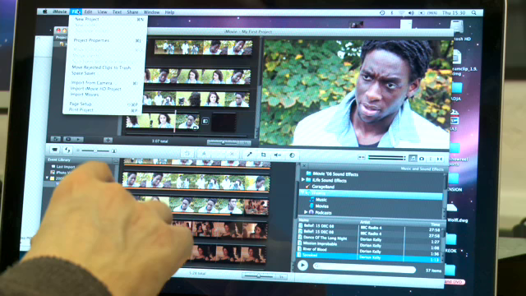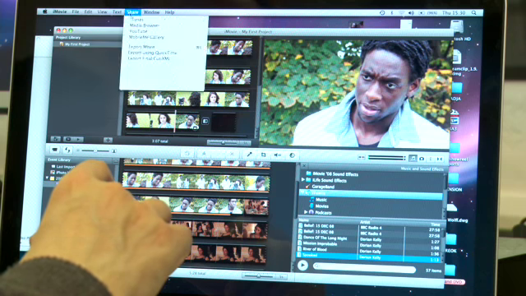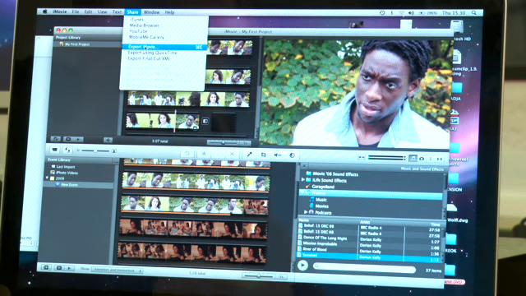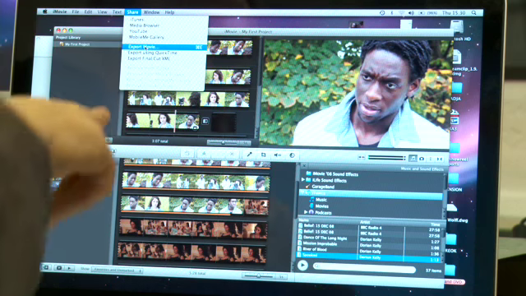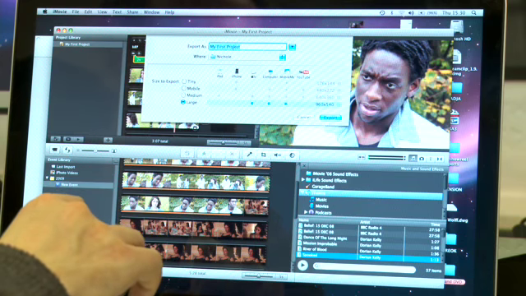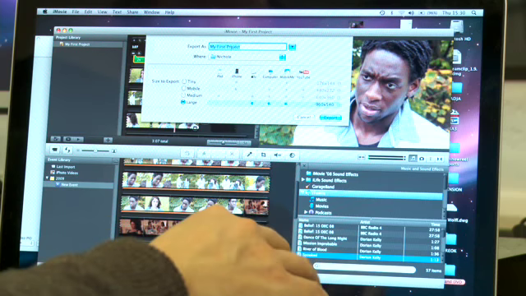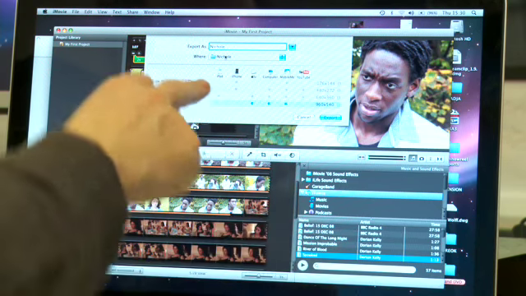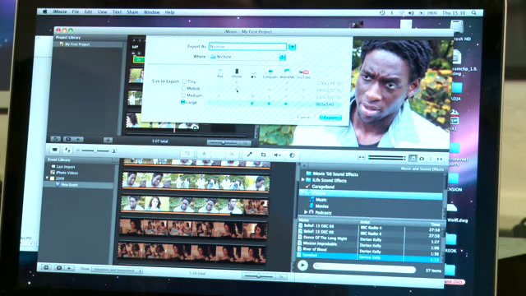We're going to go to File. Sorry, no, we're going to go to Share, and we're going to go to Export Movie. So that's what we're going to do now. That's our movie there, and we're going to export movie, and we're going to call this Nicole again, and put that into the Nicole folder. And again, just choosing the large export option there. So we're going to export that,